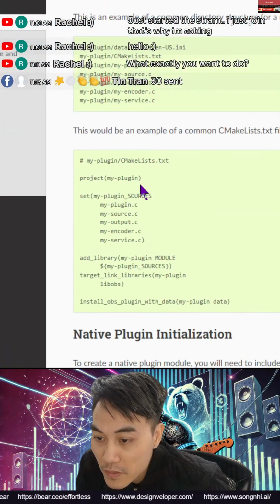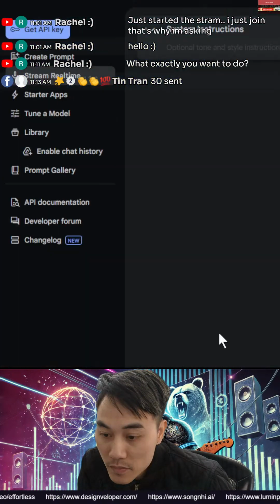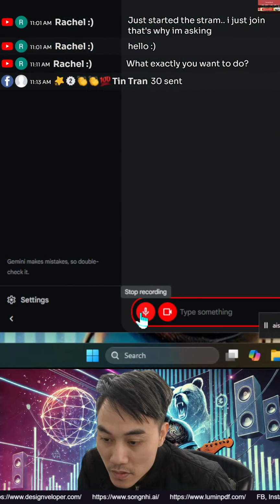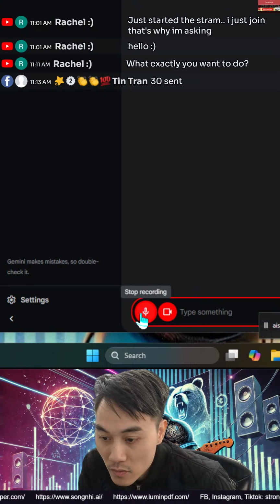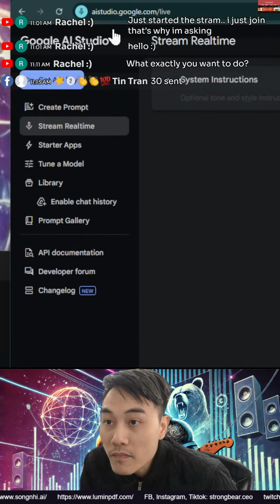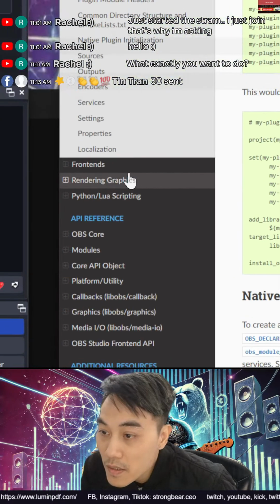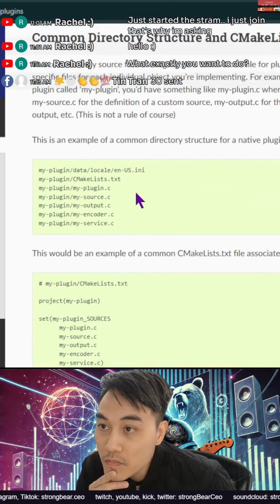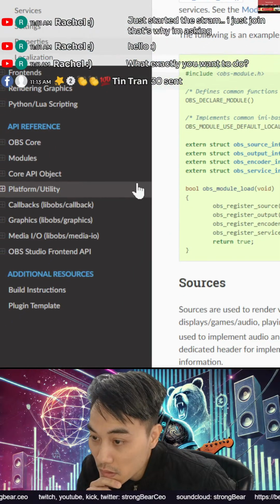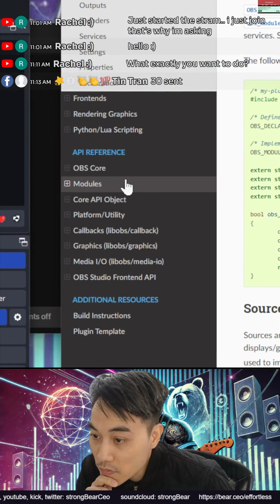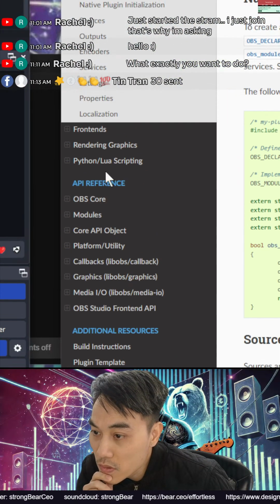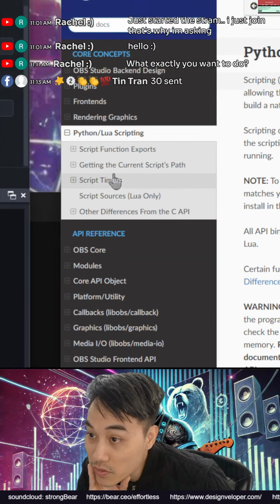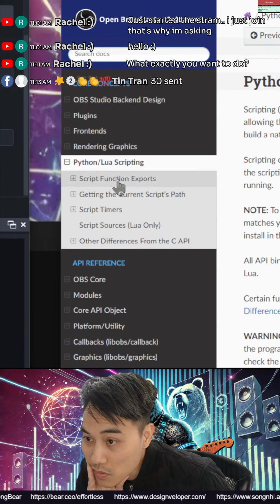Okay, let me read through this for some time, and I'll ask you some things later when I get stuck, okay? Right. So this is documentation of OBS. So I saw people use Lua, Python,